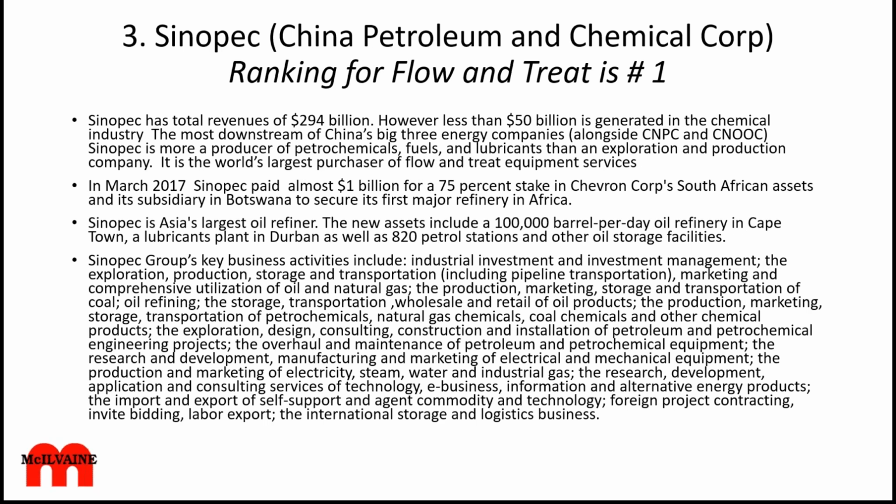So Sinopec is a huge opportunity in this whole area because of their total revenues of $294 billion, which is incredible. They're a refiner, they're a chemical company, they're really also an EPC supplier. So they are building plants in other places in the world. And in this case, for instance, just a couple months ago, they bought a 75% stake in Chevron's South African assets. So chemicals at the $50-some billion is just a small part of their total